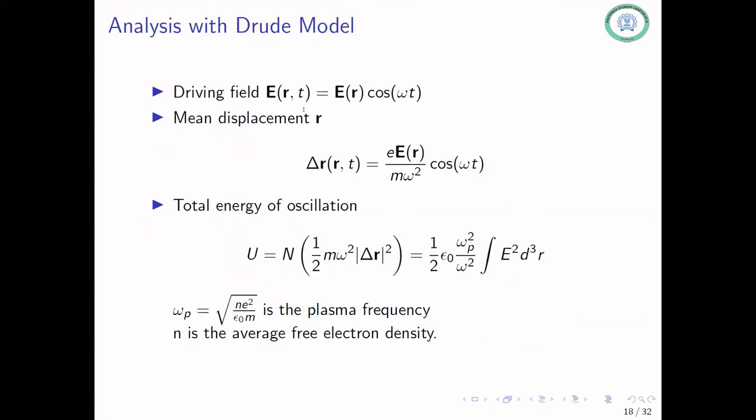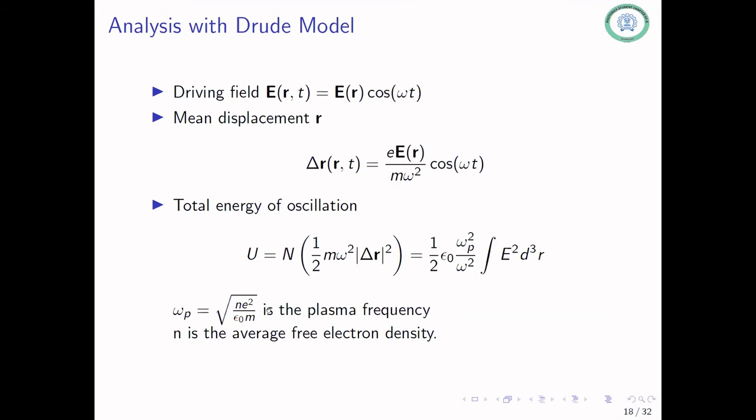So when we want to analyze this, what we do is we apply a driving field to this particle and see how your electrons can get displaced because of this driving field. Based on that, you'll see that this is just something analogous to your harmonic oscillator. So you can take your total energy of oscillation in terms of the addition of harmonic oscillator energies over all electrons, and this evaluates to this expression.